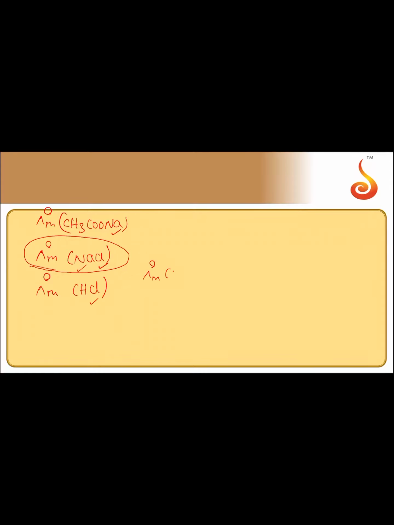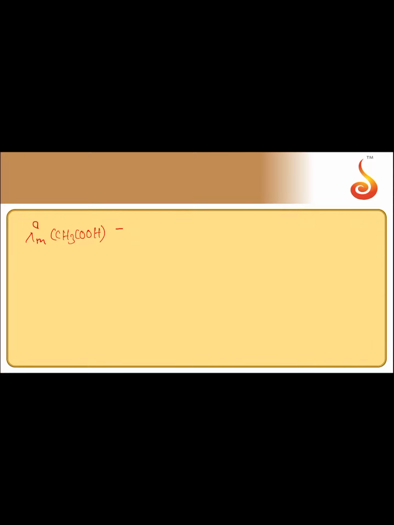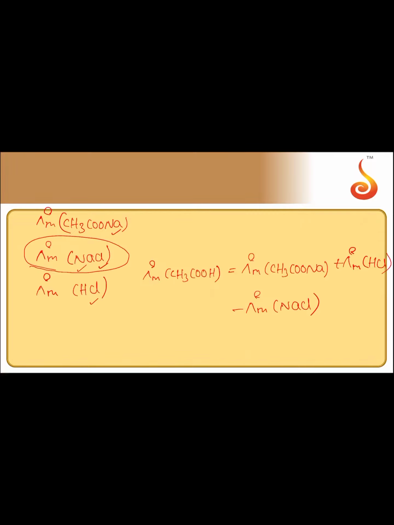Lambda m naught value of acetic acid is equal to lambda m naught of CH3COONa plus lambda m naught of HCl minus lambda m naught of NaCl. Why are we subtracting? If we split this into ionic form, then we'll get complete clarity. So we can write that equation as lambda m naught of CH3COOH is equal to